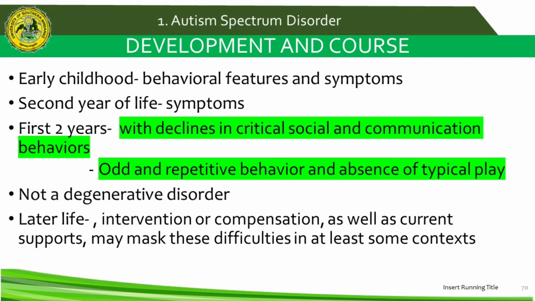So, autism spectrum disorder is not a degenerative disorder, and it is typical for learning and compensation to continue throughout life. So, relatively little, but sa DSM-5 sabi nun, anything. So, relatively little is known about old age in autism spectrum disorder, but higher rates of co-occurring medical conditions have been documented in the literature. For the risk and prognostic factors,